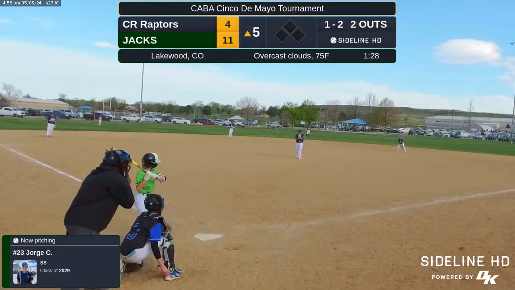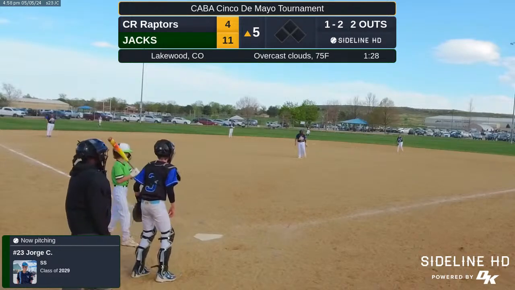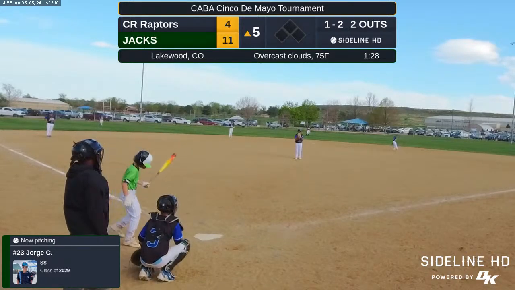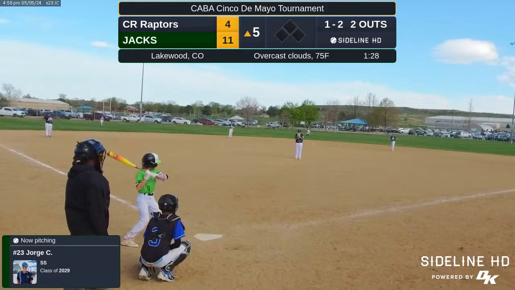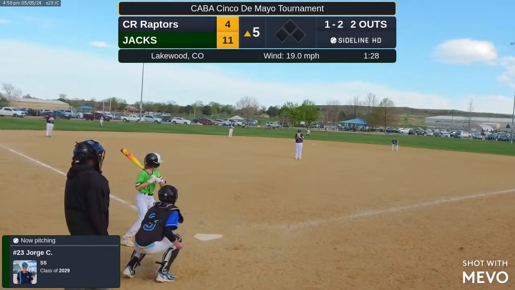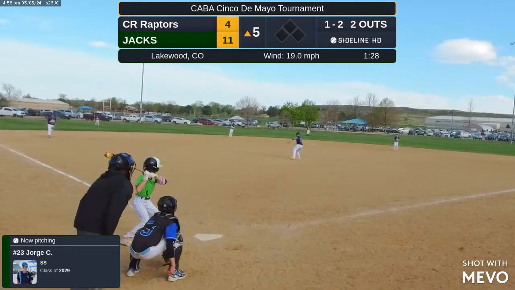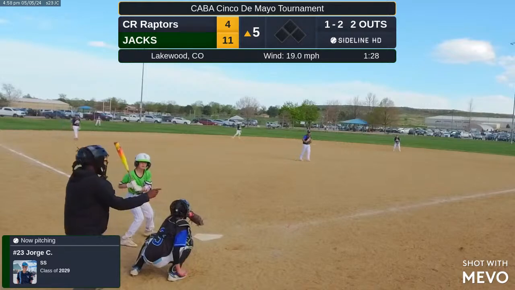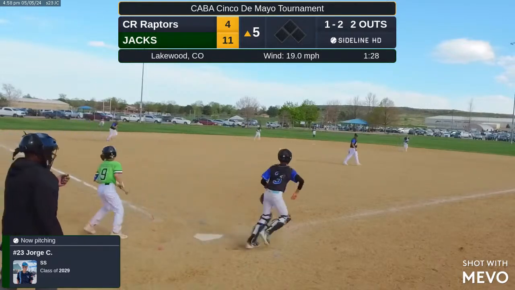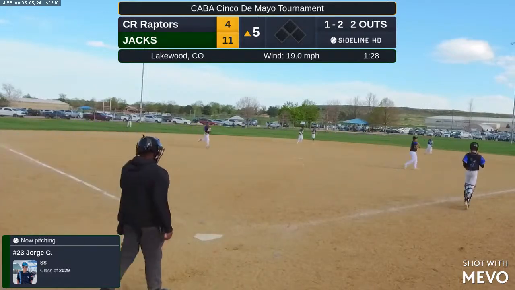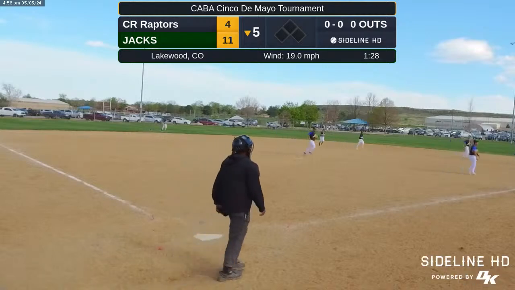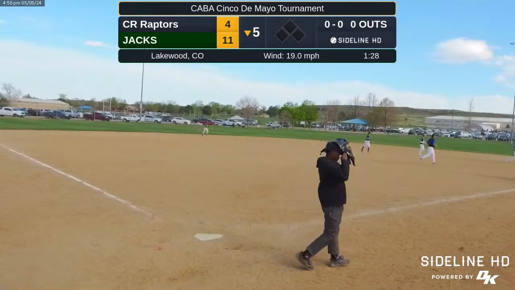Let's see. Jorge's going to break off a curveball here. He didn't like what he saw. He's checking the sign as well, not trusting his catcher. I'm not sure what's going on here, but I would bet a curveball here. Strike 3, and that will end the inning. The ump not very emphatic with his strike calls, and that was, I think, a curve because it came in at 54, and that will be